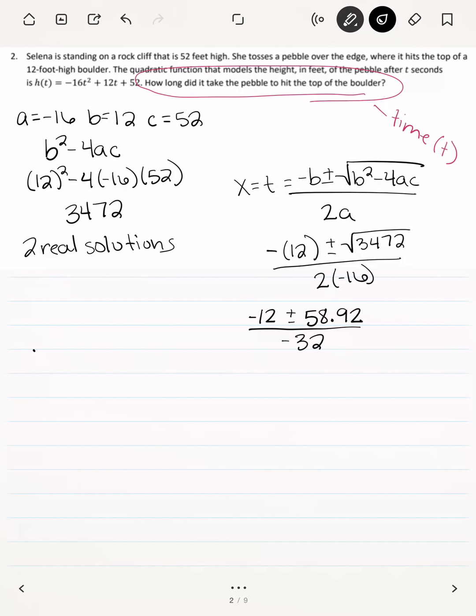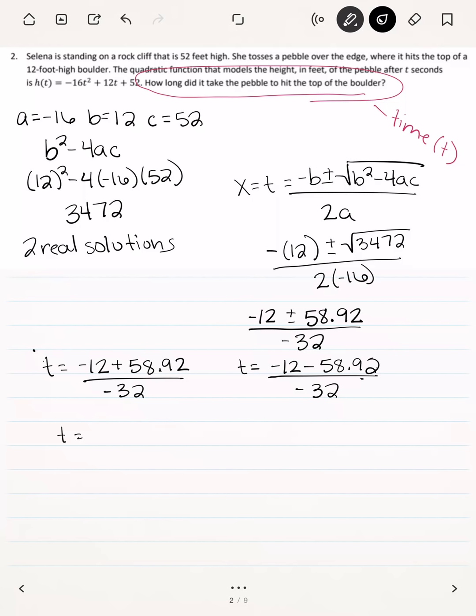So what I need to do is break it up and see what t is when negative 12 plus 58.92 divided by negative 32 equals, but I also need to know negative 12 minus 58.92 divided by a negative 32 equals. Okay, so when I plug it in and use my calculator for this first one, I get t equals a negative 1.47, and the second one I get t equals